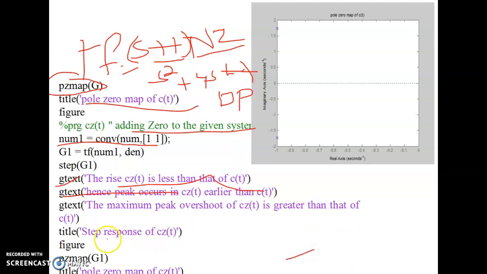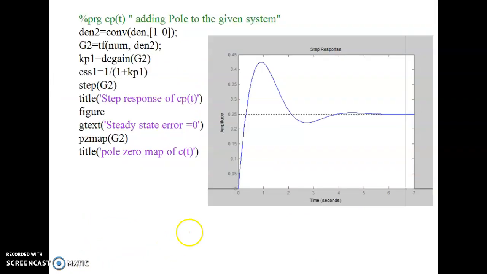So then you have to give the title: step response of addition of zeros. Similarly, if you are adding the poles to the given transfer function, what is the response curve? The same denominator is converted into a new denominator: the previous denominator, comma 1, comma 0. With this converted version of the previous denominator by adding the poles. Poles means adding s plus 1 to the denominator polynomial equation. So the s coefficient is 1 and the constant coefficient is 0, or else we can just add s.